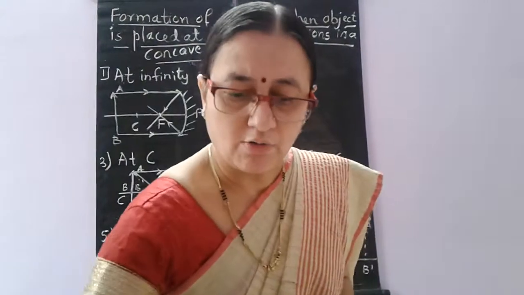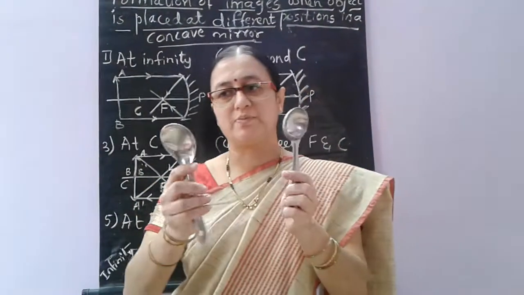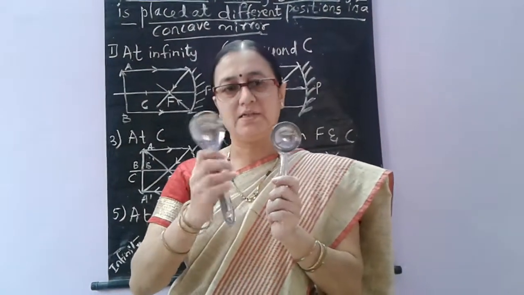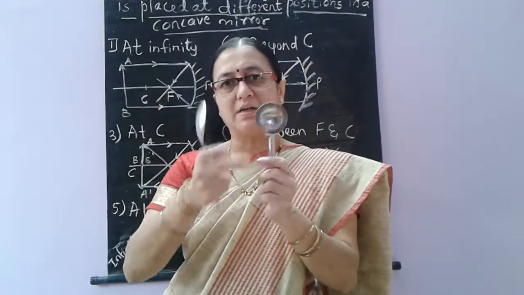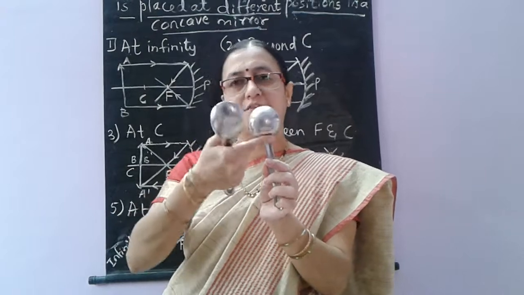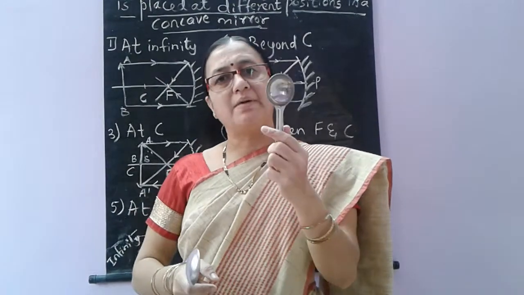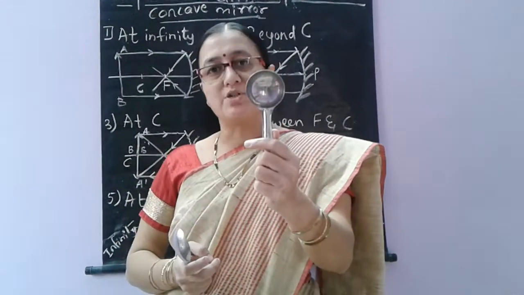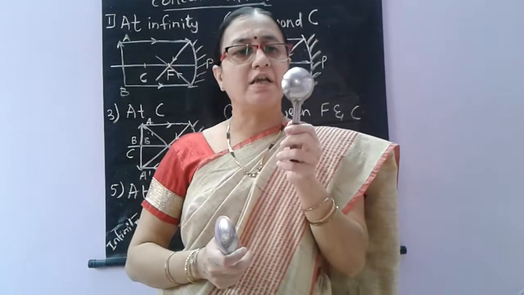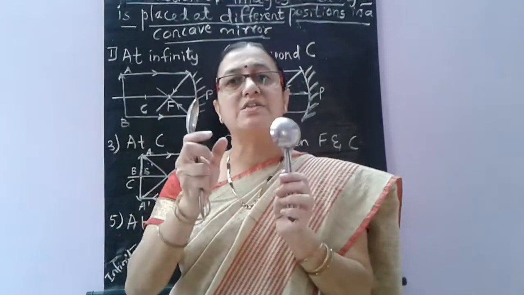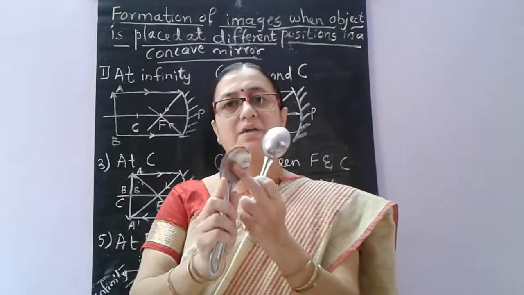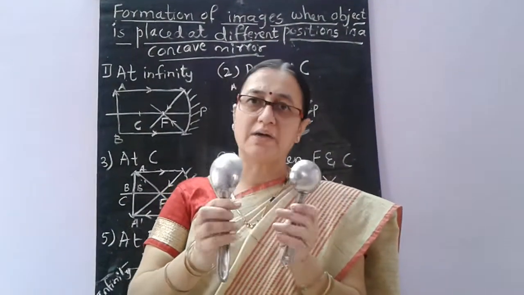In your home, if you want to check the concave and convex mirror, you can take any spoon. The inside curved surface of a spoon is the concave mirror, and the other shining surface is a convex mirror. So you can make out the image formation. If you are very near and then move far away, you can see how the images change in a concave mirror and a convex mirror.